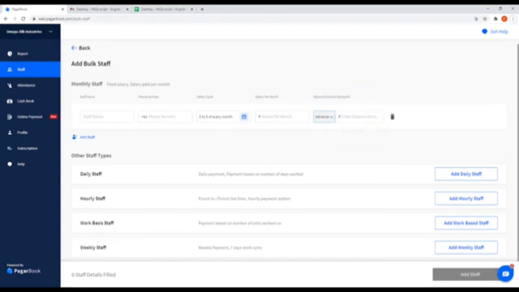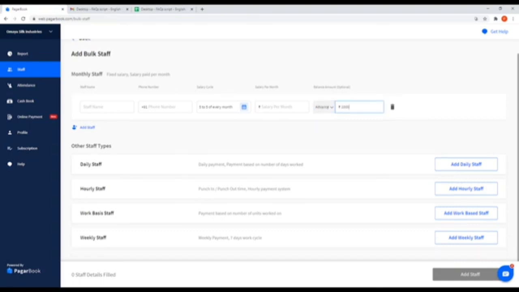Advance amount is the one that was paid to the staff beforehand and outstanding amount is the amount that is still to be paid. If you have paid your staff some amount from their salary in advance, then you can add that as advance. For example, if your staff salary is 5,000 and you have paid them 2,000 beforehand, then enter 2,000 as the advance amount. For pending amount, you have to enter the amount that you have to pay to your staff.